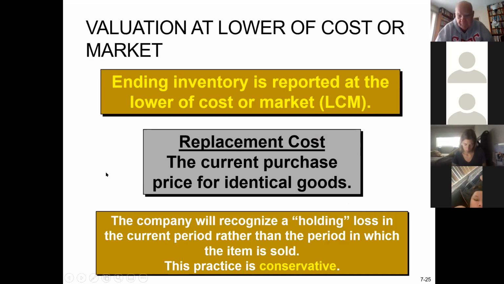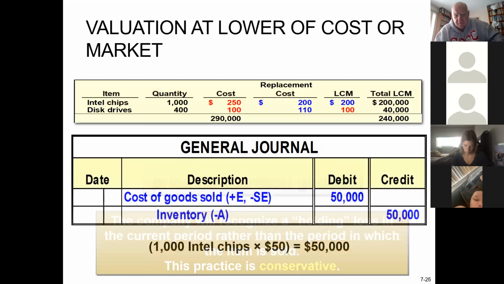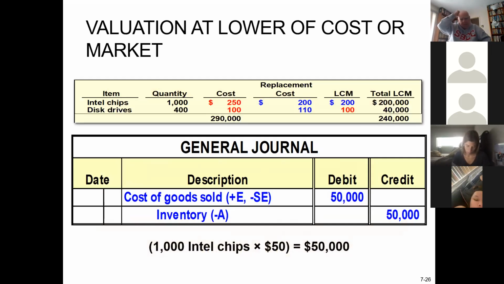If we buy something for $20, we buy a t-shirt for 20 bucks, and we've been selling them for 30, we're good. But if our salesmen start coming back to us and say, you know, this t-shirt has gone totally out of style, nobody's buying this, our competitors are selling them for like $3 now, well, if we've got any on board for more than $3, we have to recognize that loss. They're calling it a holding loss. It's a month-end entry. Maybe we could call it an adjusting entry.